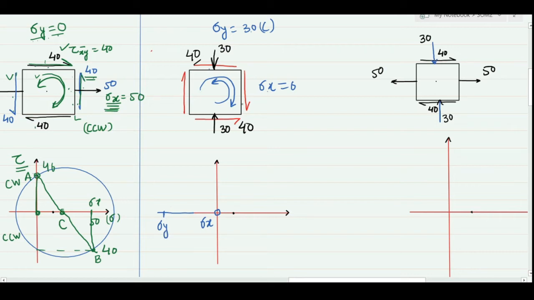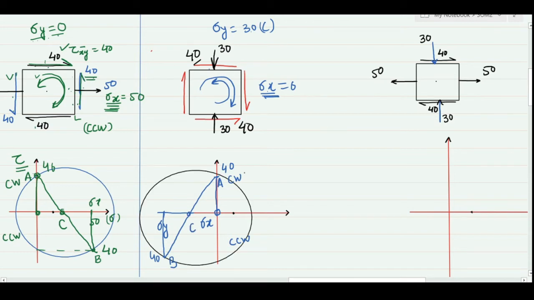Now for the vertical face, which is represented by stress sigma x, the shear is acting in the clockwise direction. So I have to make a line in the vertical direction, because the upward positive side is clockwise and the negative side is counterclockwise. So this would be for value 40. Similarly, for the top face, where we have sigma y, the shear is acting in the counterclockwise sense. So I will make a line on the downward side, that will also be of magnitude 40, and now these 2 points are going to serve as the diameter of my Mohr circle. So this is A and this is B. This would be the center of the Mohr circle, and this would be my Mohr circle.